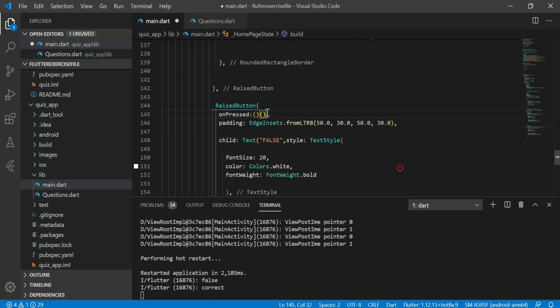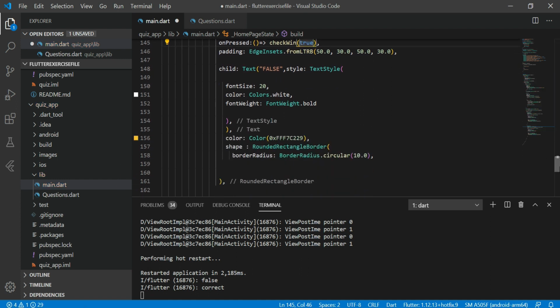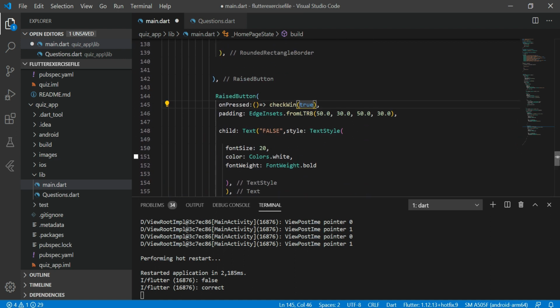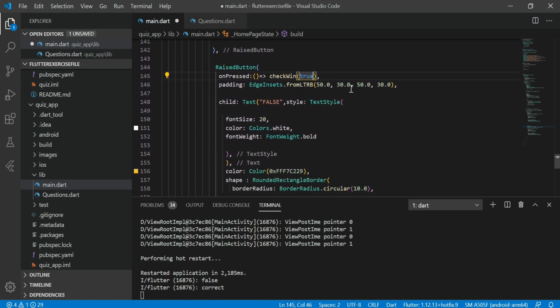Now here we are using our function in the true button, so that when we tap on our true button, it gives us a result whether the answer is true or false. So here it's for the false button, so here I am using false as user choice.